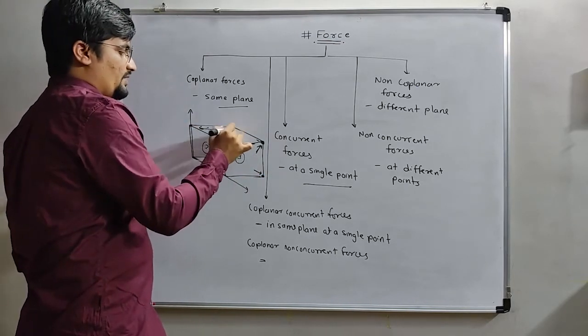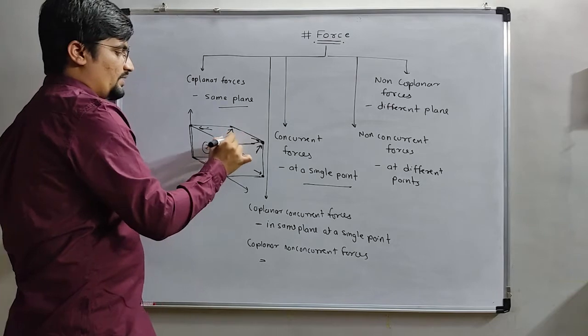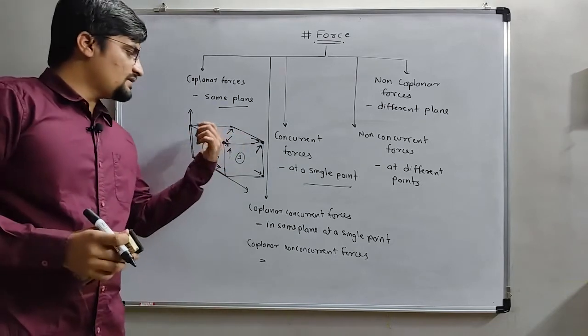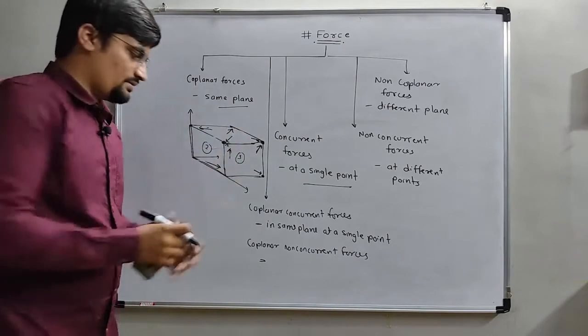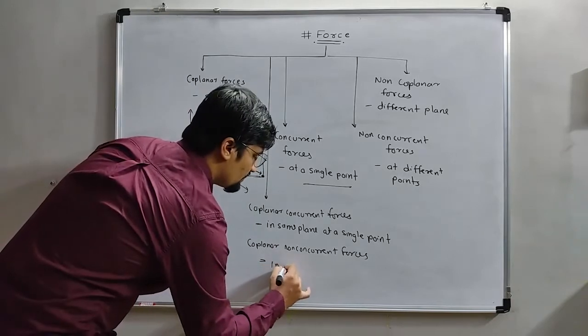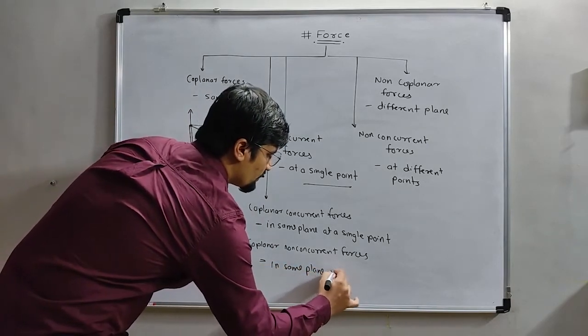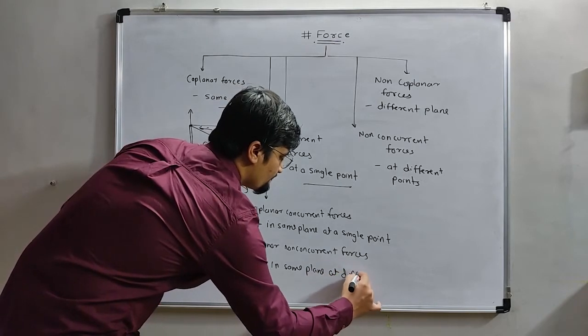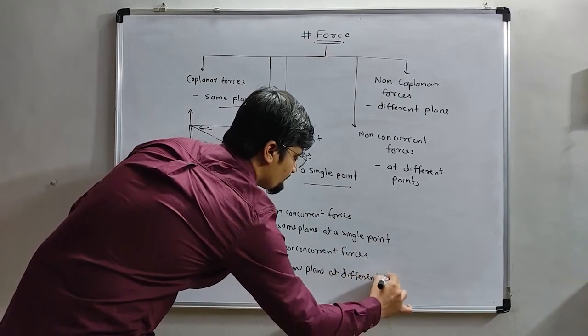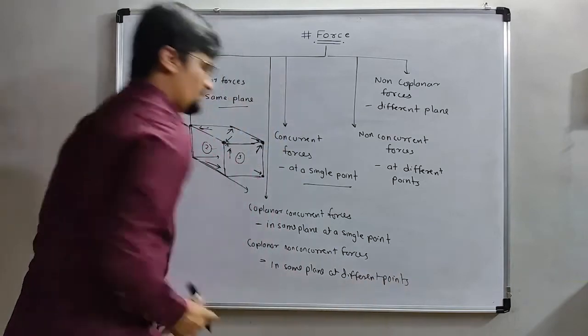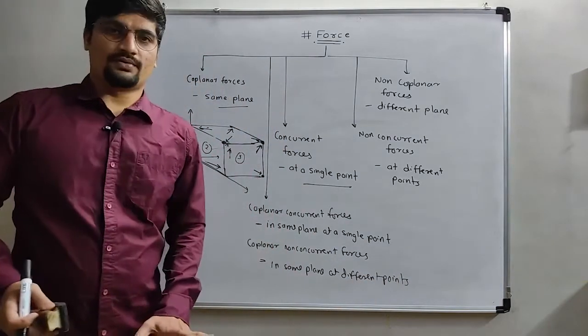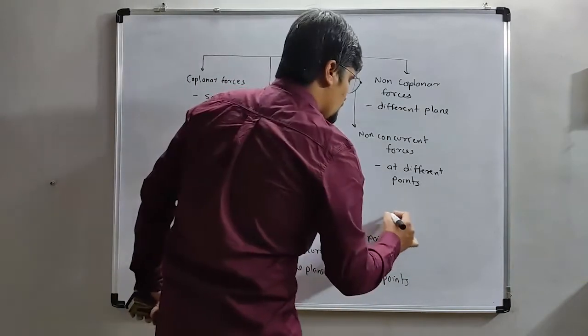At this point, at this point, at this point, at this point. But it is in the same plane, but at different points. So it is coplanar non-concurrent forces. Same as here,